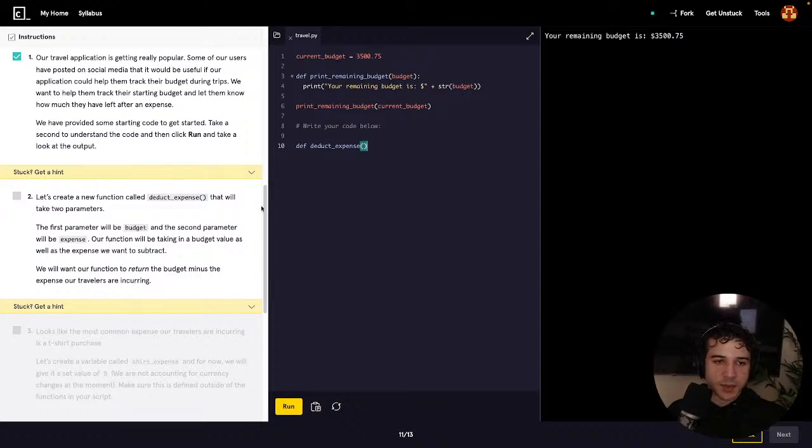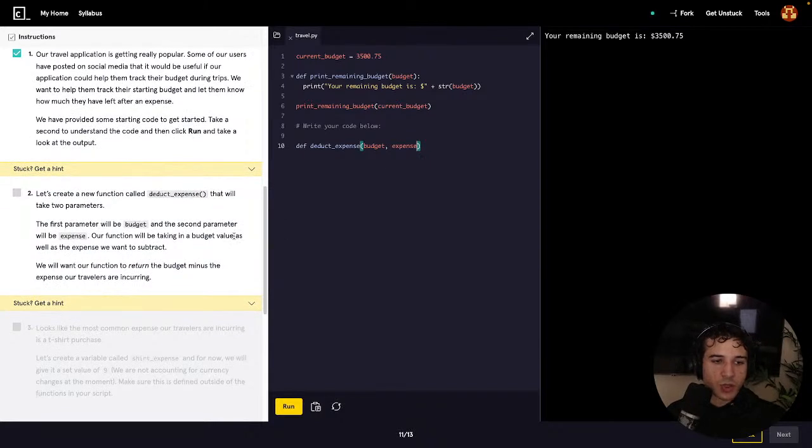Deduct expense. That will take two parameters. The first parameter will be budget, and the second parameter will be expense. Our function will be taking in a budget value as well as the expense we want to subtract. We will want our function to return the budget minus the expense our travelers are incurring. So